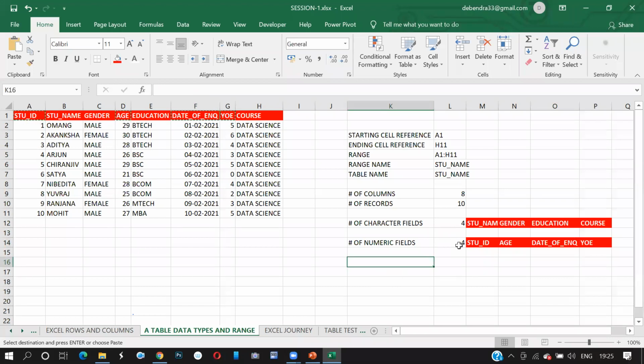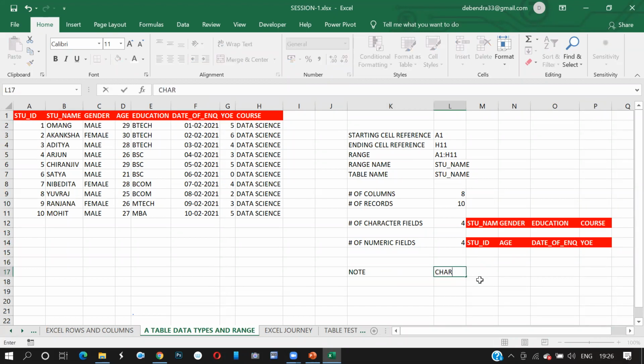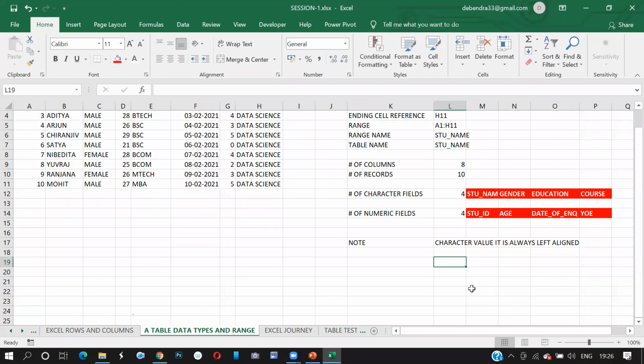Now, this is how you understand the table. There is something called a note. If character values come, they are always left aligned. What does it mean? When you have a cell and you write A, it's a character which is left aligned.